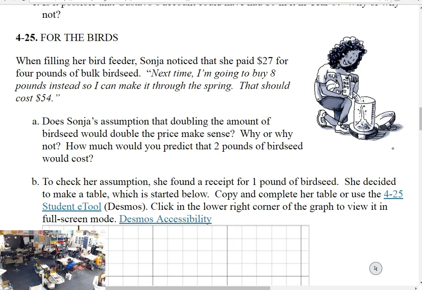Real quick, how much would it cost if you buy 0 pounds of birdseed? 0. Okay, just checking. Oh, wait. If it's 0,